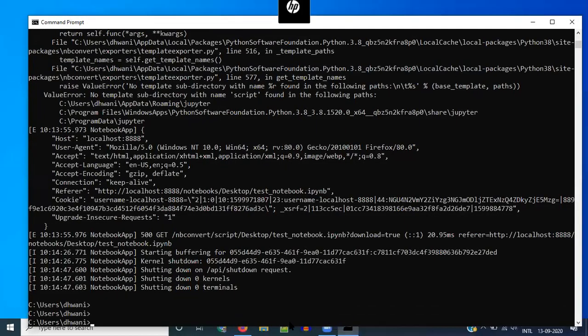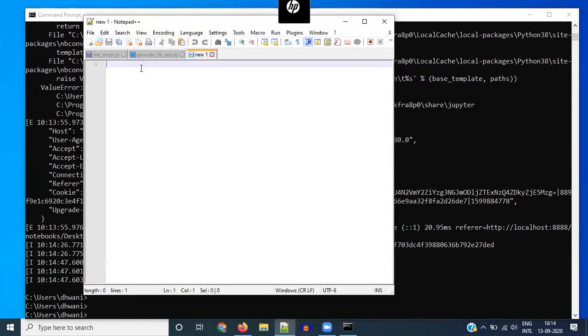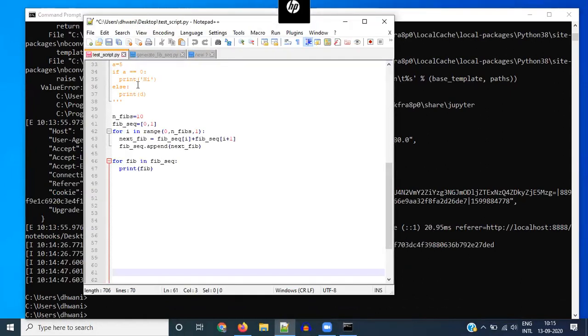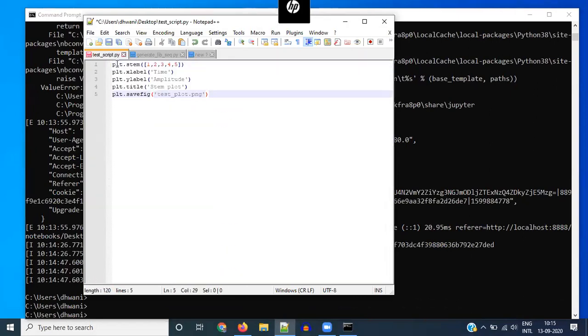Okay. So let's open up a script. Maybe, yeah, this test script is fine. Okay. So let's import matplotlib.pyplot as plt and just plot these things.